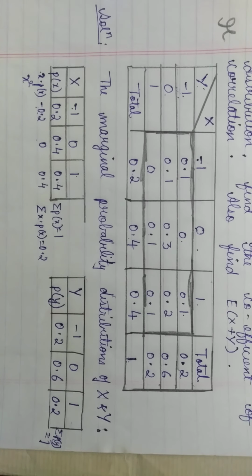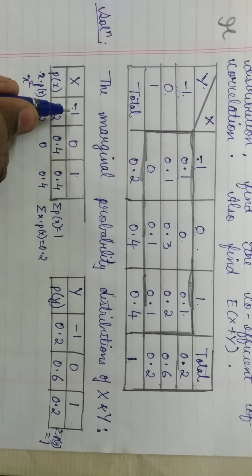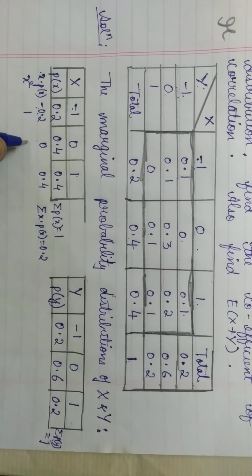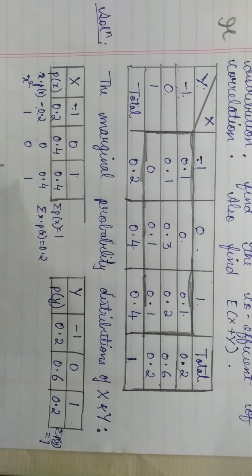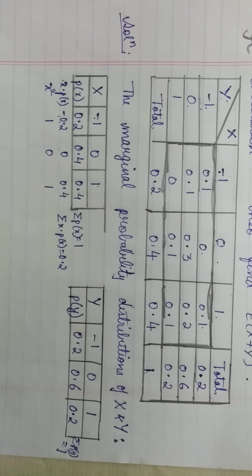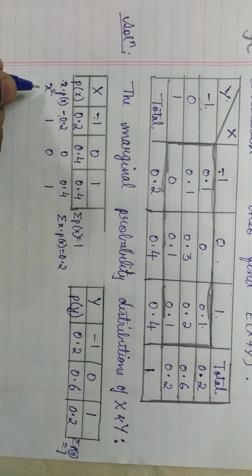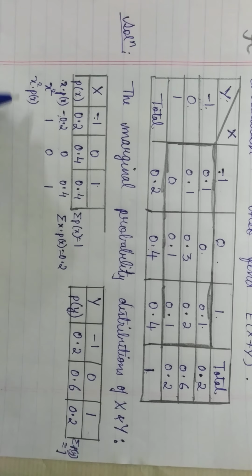Fine. Then similarly, I need x square also, because I need to find the variance and then the standard deviation. So x is -1, x square is 1; x is 0, x square is 0; x is 1, x square is also 1. We have done these problems previously, so I am going through a little fast. If you're finding it difficult, you can see the previous videos, that is video number 39, 38 and 37. These are all steps we have done in the previous 3 videos.